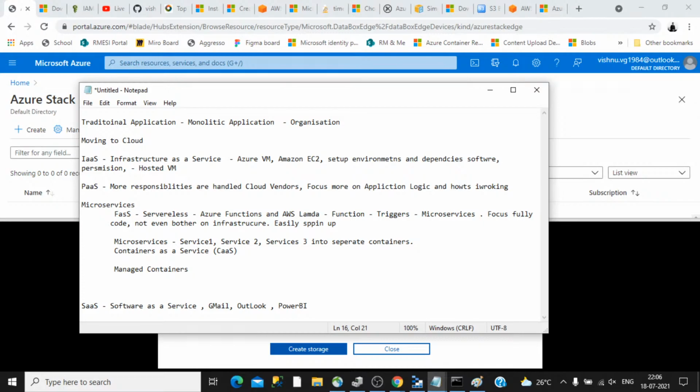It is an orchestrator developed by Google, and Kubernetes service is a managed service.